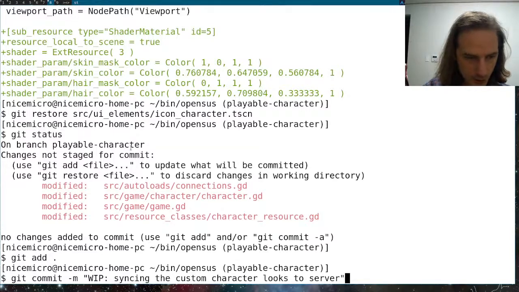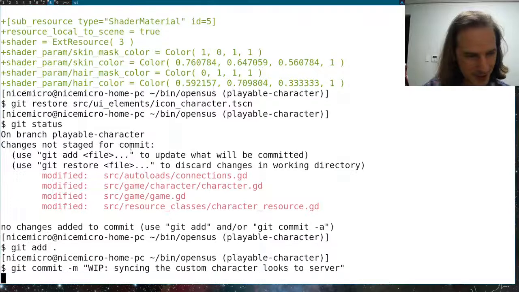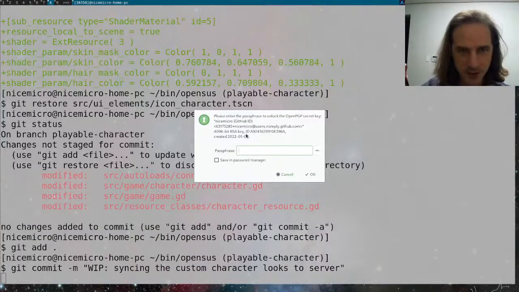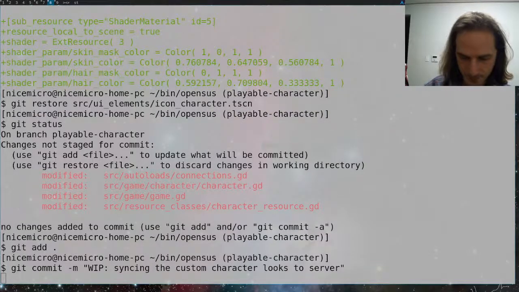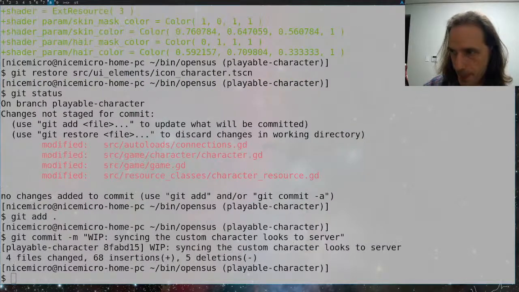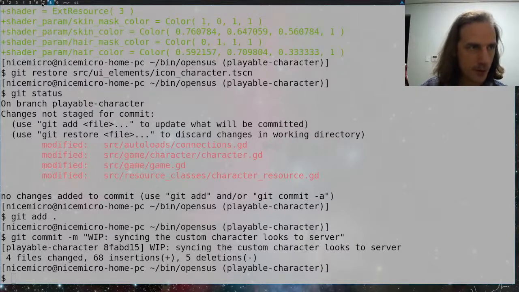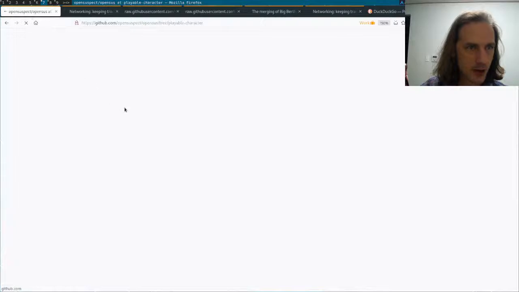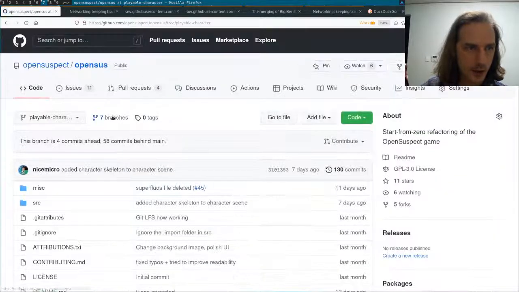Which is the part that works? Sending it to the server works. Receiving it back from the server does not. So I guess that's where we are at the moment, and if we check out our GitHub, then